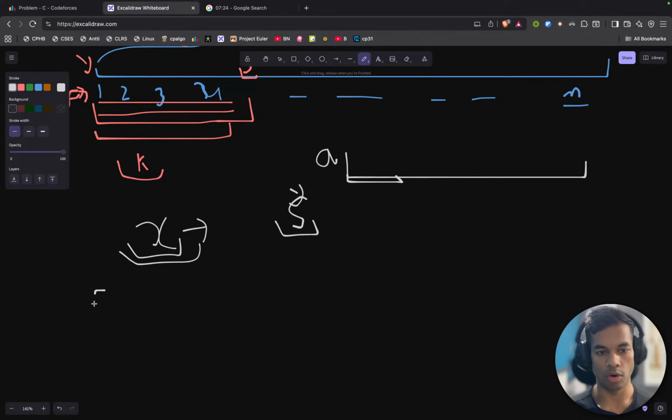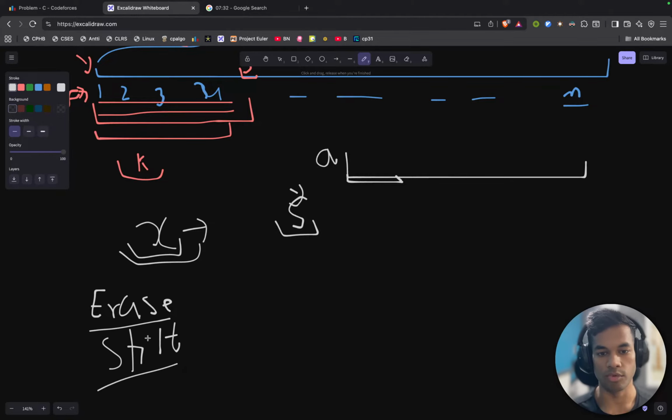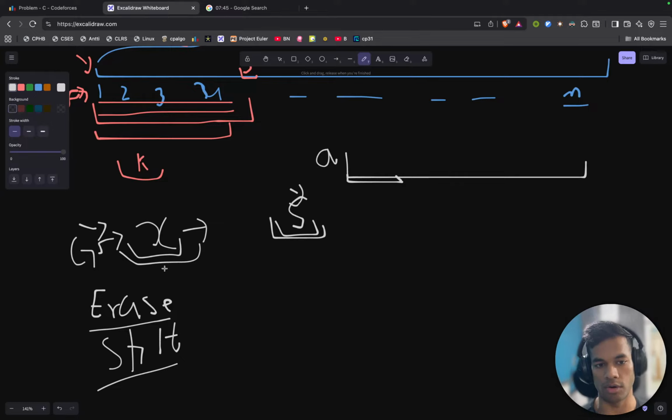And since we have two operations, erase and split. We have these two operations, and S is the count of numbers which are smaller than x. And we are trying to figure out if we can have x as a GCD or not,